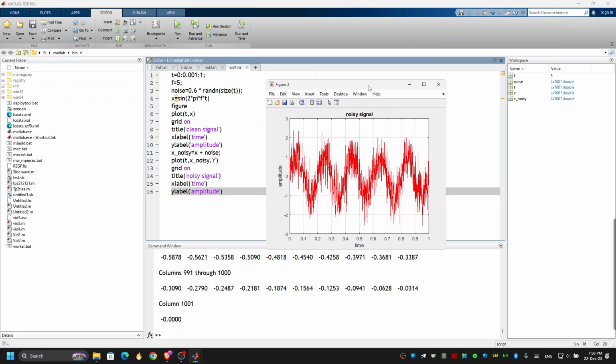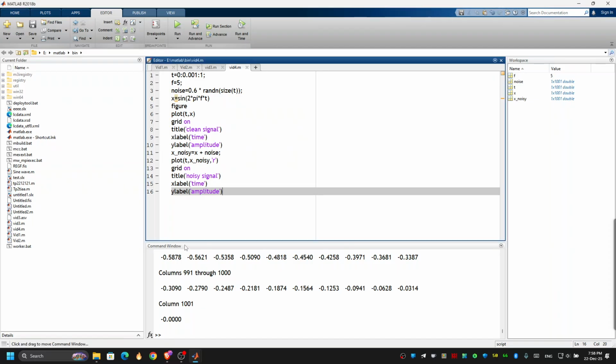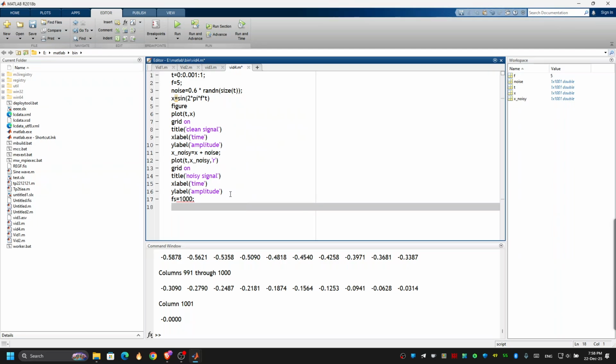As you can see clearly, the noise makes the signal harder to observe. So our next step is to create a low pass filter that allows the low frequencies to pass and reduce the high frequencies noise. We will start by declaring the sampling frequency. Let's call it fs and put this like that. Then the cutoff frequency. Let's put like 10,